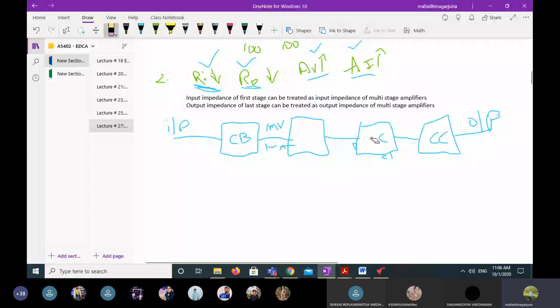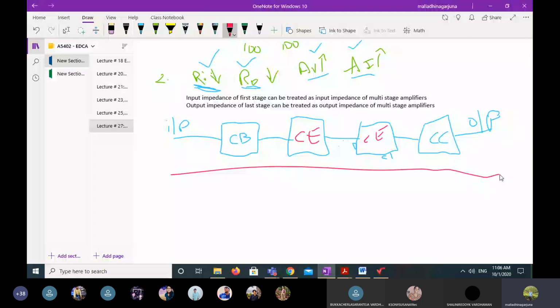So then what has to be connected here? Yes, exactly, common emitter. We have to connect a CE amplifier here and a CE amplifier. Both stages give more current gain and more voltage gain. Both are amplifying, so definitely we will get high voltage gain and high current gain. This is my multi-stage amplifier which satisfies my requirement: low input impedance, low output impedance, high current gain, high voltage gain. This is the second point.